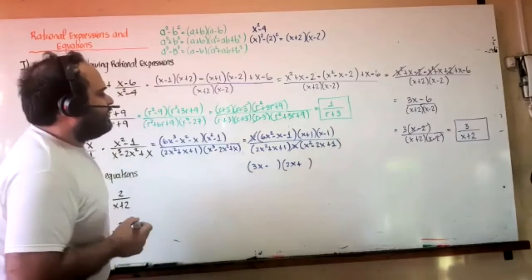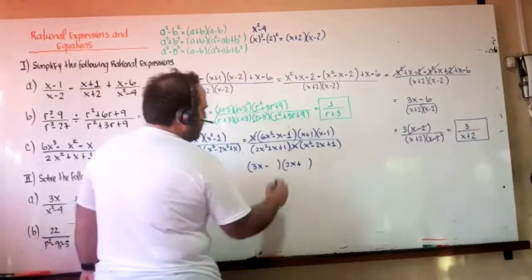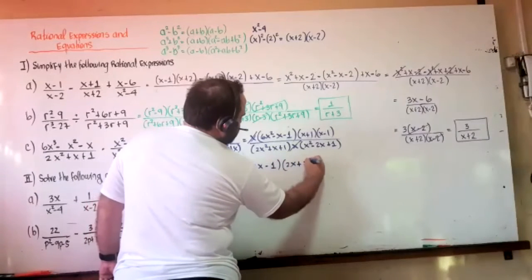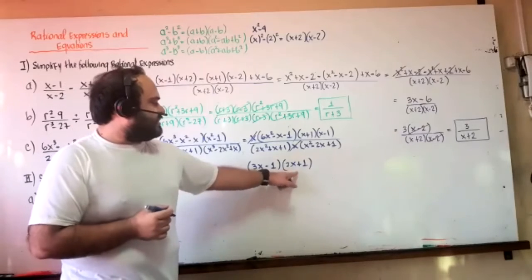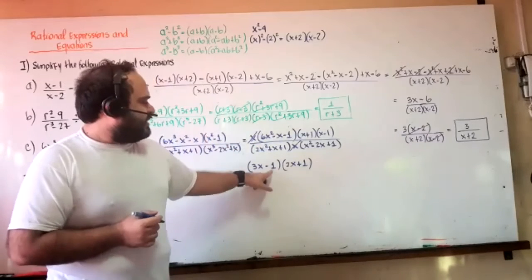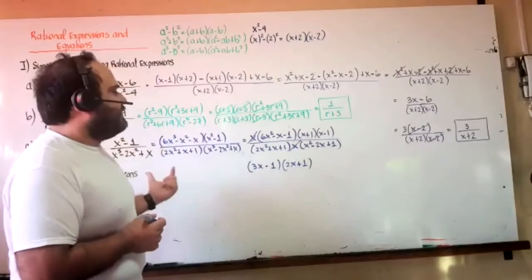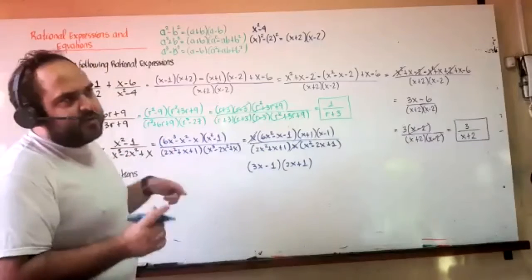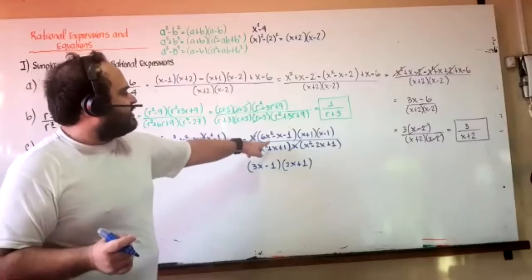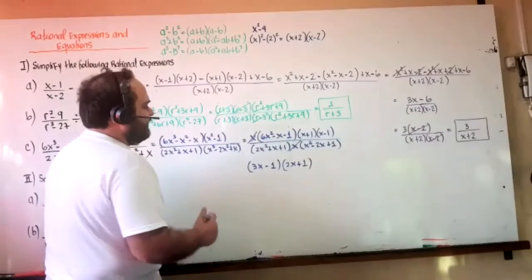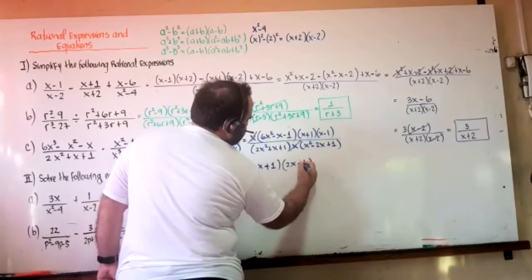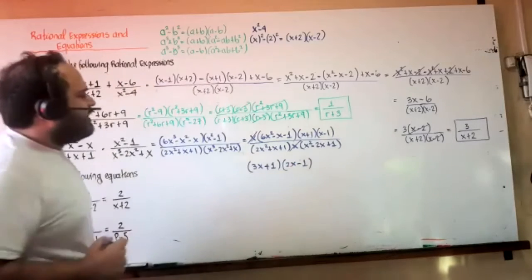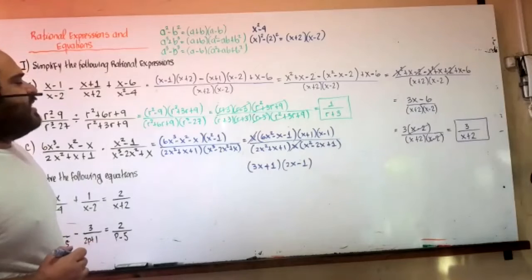And two numbers with their product gave us 1 will be 1 and 1. And let's see, 3x times 1, 3x. Negative 1 times 2x, negative 2x. And 3x minus 2x will be positive x. And the result is supposed to be negative. For that reason, the only thing that I had to do is change the signs. 3x plus 1, parentheses 2x minus 1,